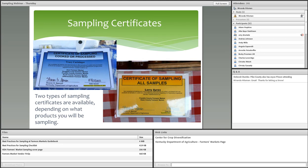That is what we would issue to you if you do a raw or uncooked product. Now remember, on the GAP, there's no expiration. On this, it's going to be a 2-year requirement on this sampling. So you'll notice when you get your sampling application, it'll have an expiration date, and it'll say December the 31st of 2015. Sorry, make sure I get my dates and everything in order, but we've got to change that a little bit